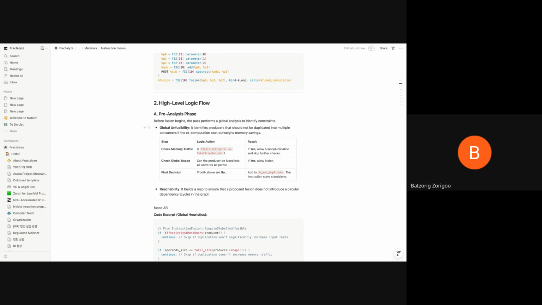It could have a lot of operands, but they are small, so we don't really consider their shape. If it has only one operand that has a large shape, then we consider it always beneficial to fuse,